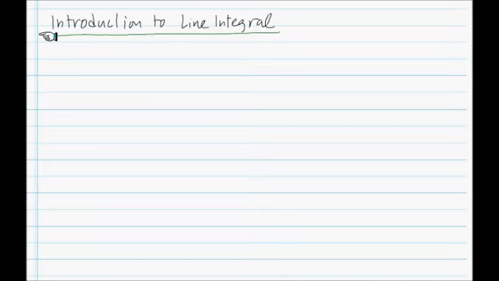This is going to be the lecture about the introduction to the line integral. So let me first explain about the motivation I came up with. I think it's a really natural one to consider. So here's